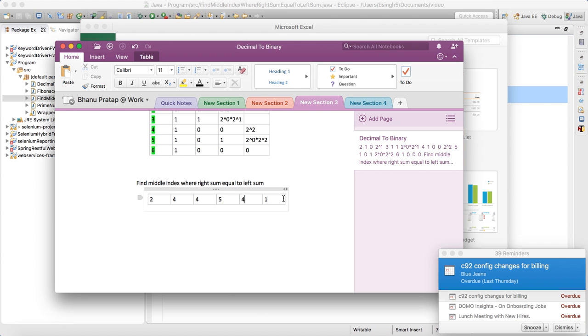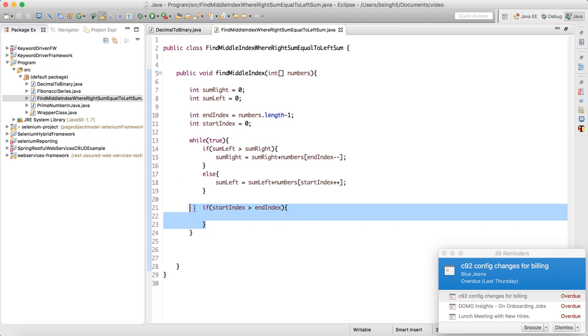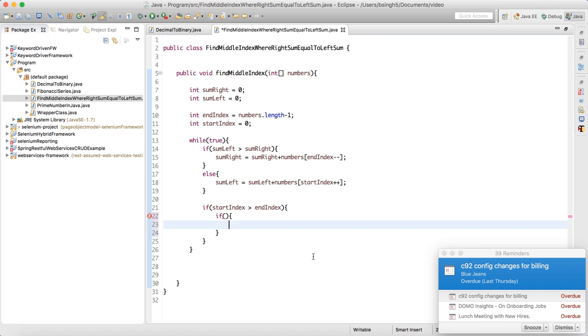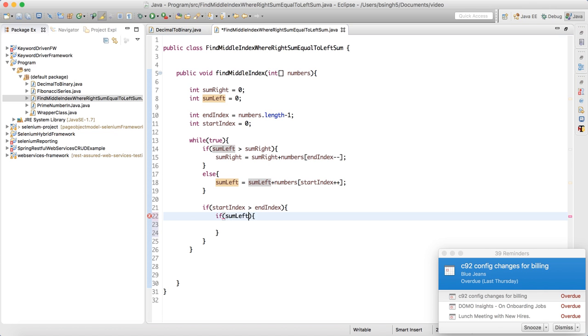So this is 0 0, so 2 1, this will add, this will become 6, this will become 5, and it will try to cross each other. Okay, if I will not write this, it will try to cross each other. If I'll check if a start index is more, and if I will check one more condition here, I will make sure that if sum left is equal to sum right, if this is more and this is equal, then break that,